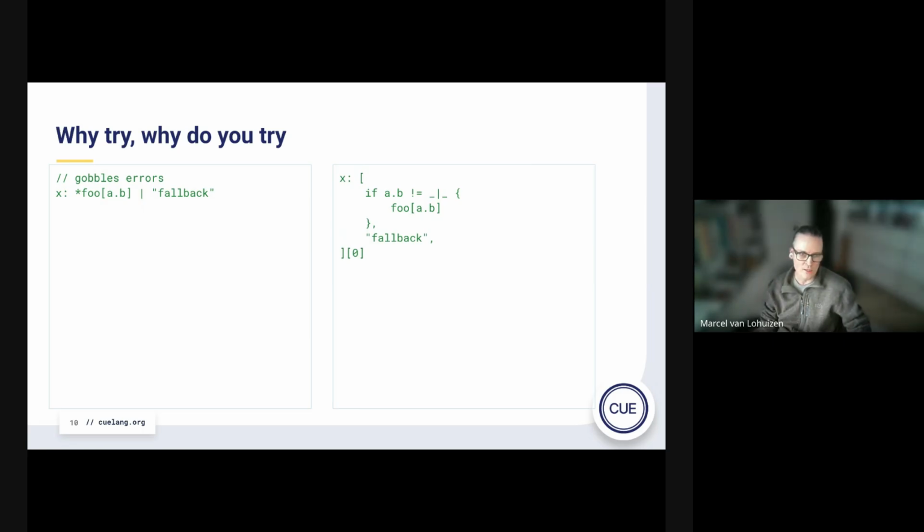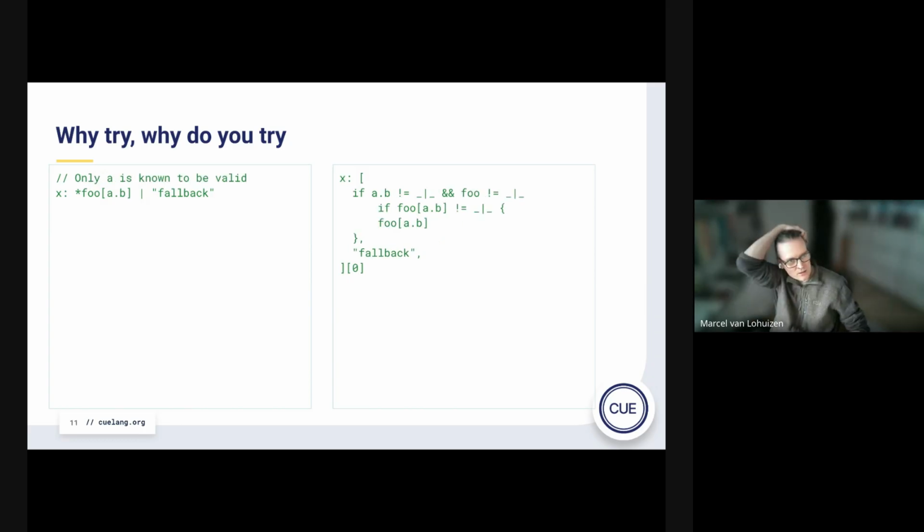So how would you then write it instead? Well, you could write it as you see on the right-hand side, right? You say a.b. If it's not error, then foo a.b. But now you still have the problem that A might not exist, and then you're still getting back into that error, right? So let's say that only A is known to be valid.